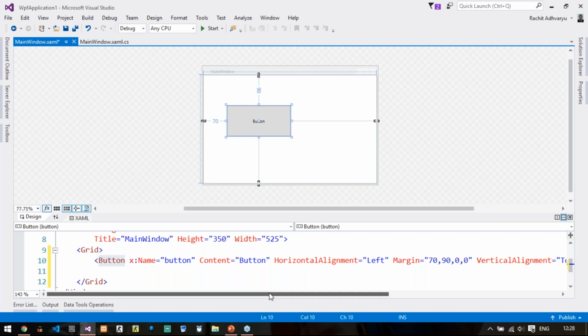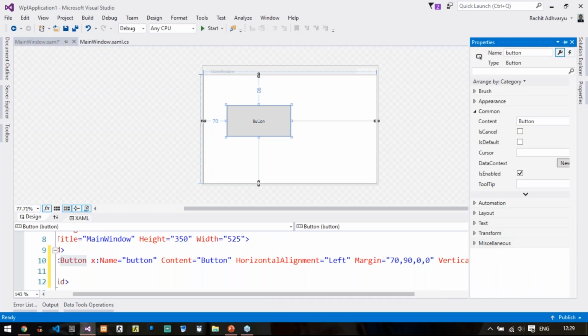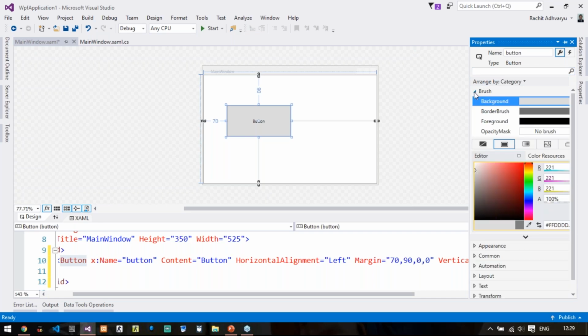Now if I go to the properties of this, you can see that the property layout is quite different than Windows Forms. It is having mainly these options, and the name you can change if you want. Now brush is having the properties of background color and all these things.